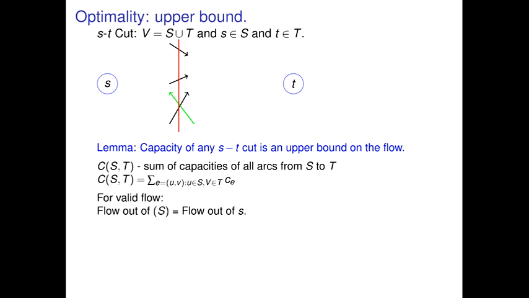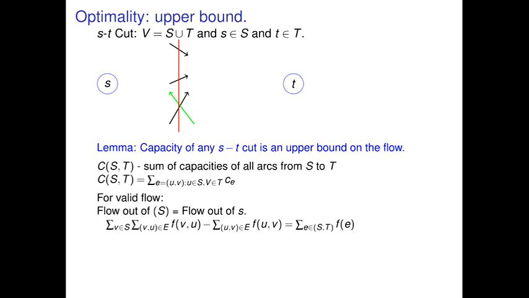Why is that? For any valid flow, that has to be true. Yeah, because of the conservation constraint, right? So let's add the conservation constraints for all the vertices in S. But now I'm adding it for all the vertices in S, including